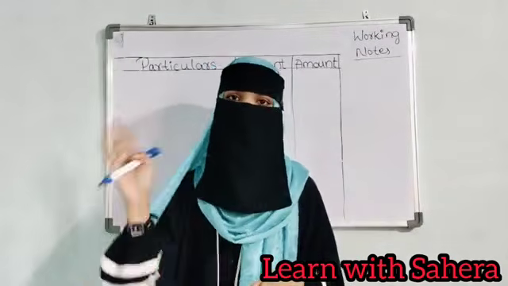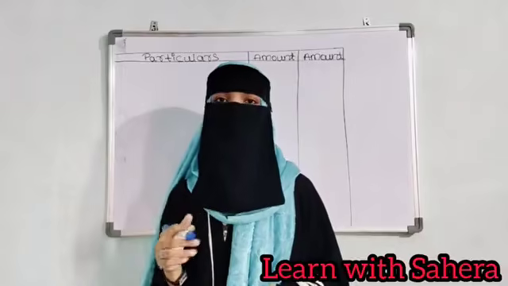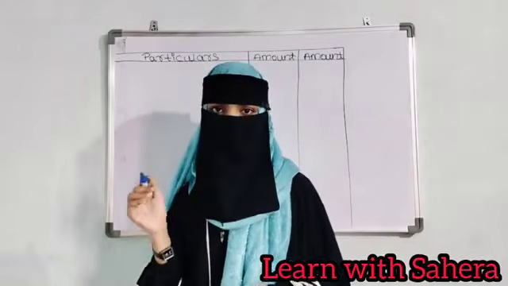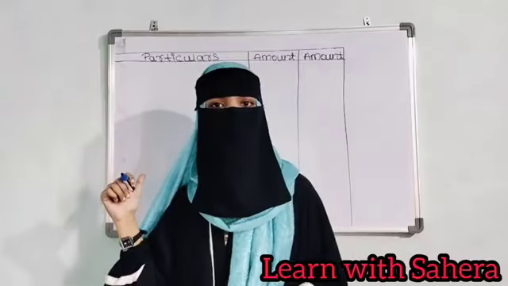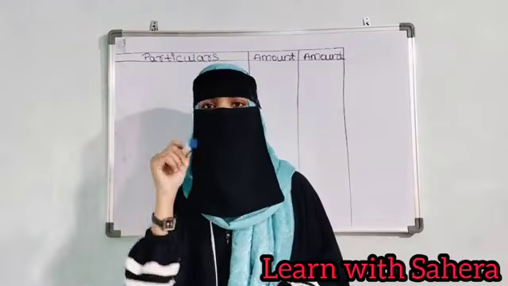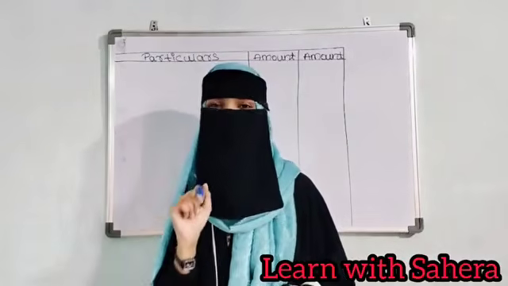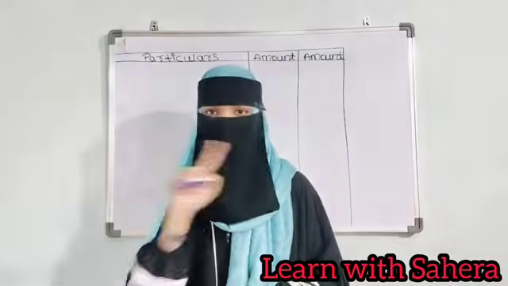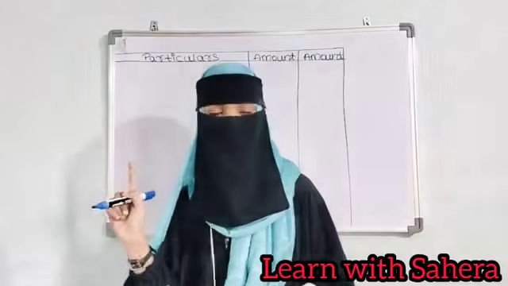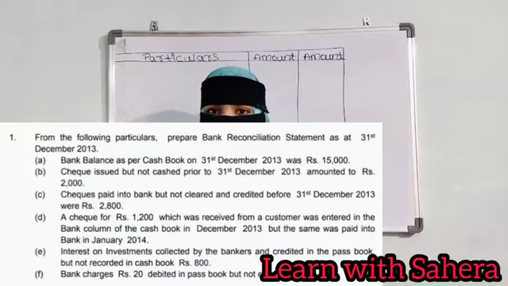Without wasting any time, let us go with the problem. Students, now we will be doing the main problem from unit number 3, BRS, of your Financial Accounting 1. It will carry 12 marks if you listen to me carefully and understand my explanation. Then 12 marks will be in your hand. I am sharing the problem on your mobile screen. If possible, take a screenshot. We will be solving that problem only.